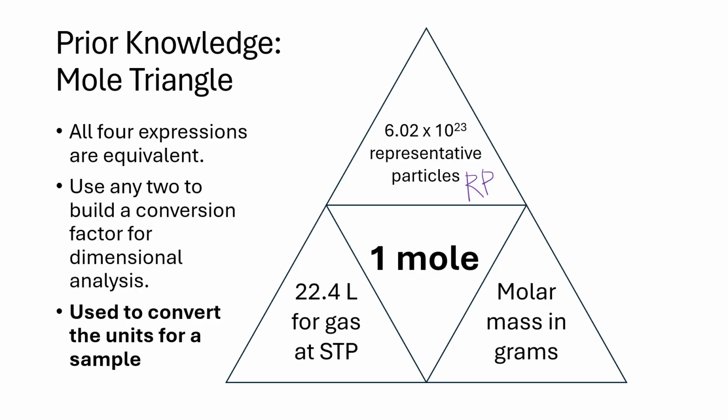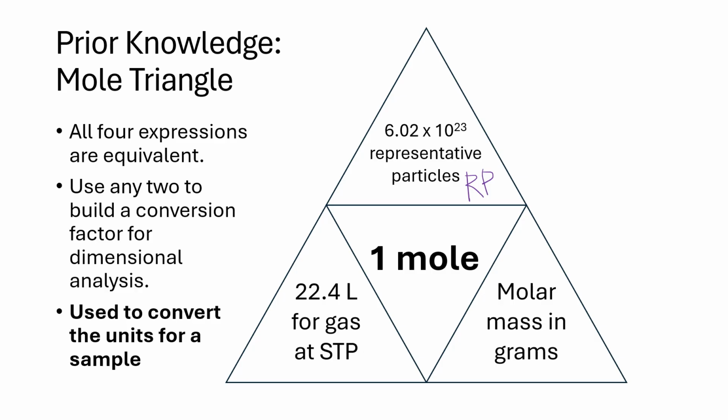If the substance is a gas and it's at conditions that are called standard temperature and pressure, which are 0 degrees C and 1 atmosphere pressure, then that 1 mole has a volume of 22.4 liters. And if we were to take that 1 mole and weigh it, we would find that the mass of that 1 mole has a weight equal to the molar mass, which we calculate from the periodic table using the subscripts